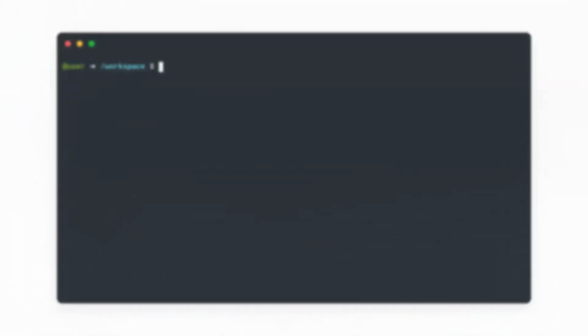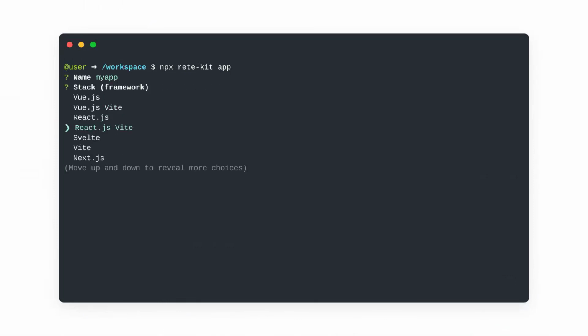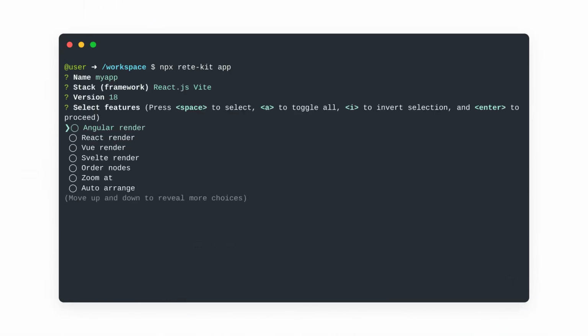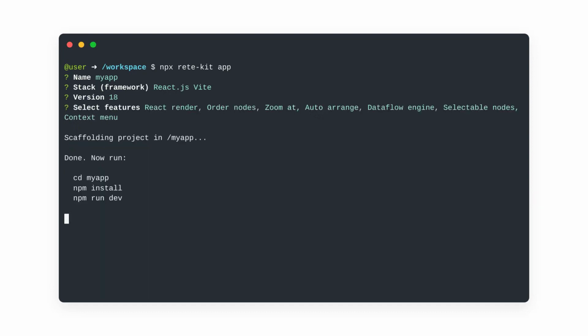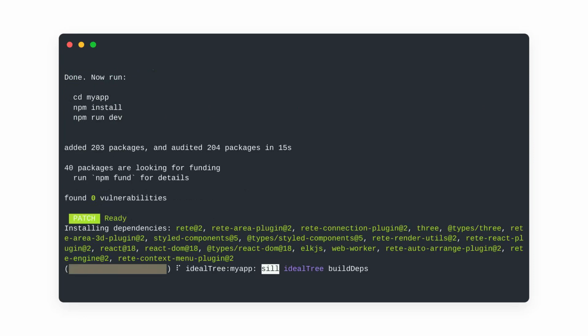Now let's switch to our terminal and enter the following command. Once the tool is loaded, you will be prompted to choose the name of the created project, the stack, its version, and the features you want to add to the application. As a result, an application will be generated using the chosen stack, and template code along with framework dependencies will be set up. Note that you can opt for a different set of features and execute the command again without the need to wait for the application to be created.